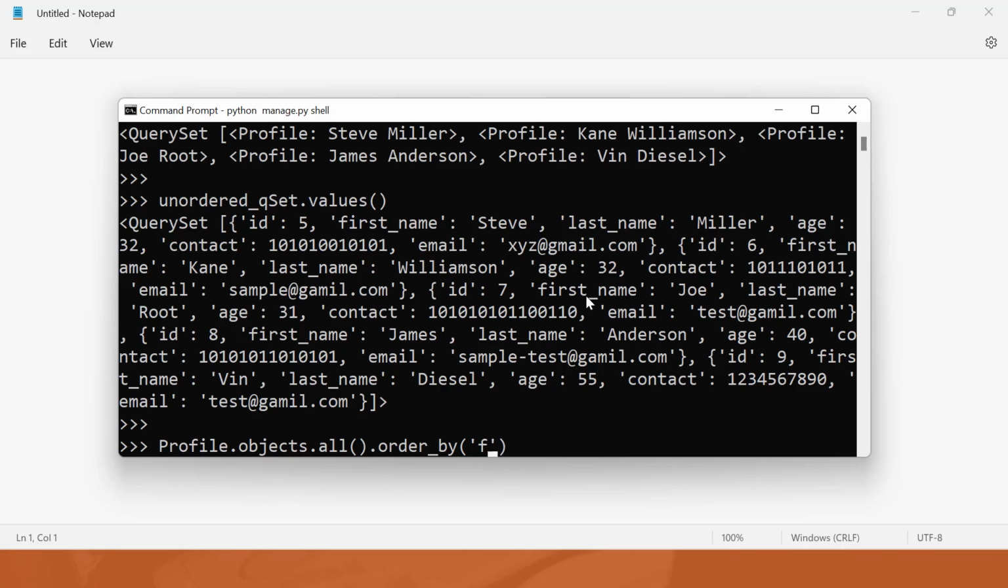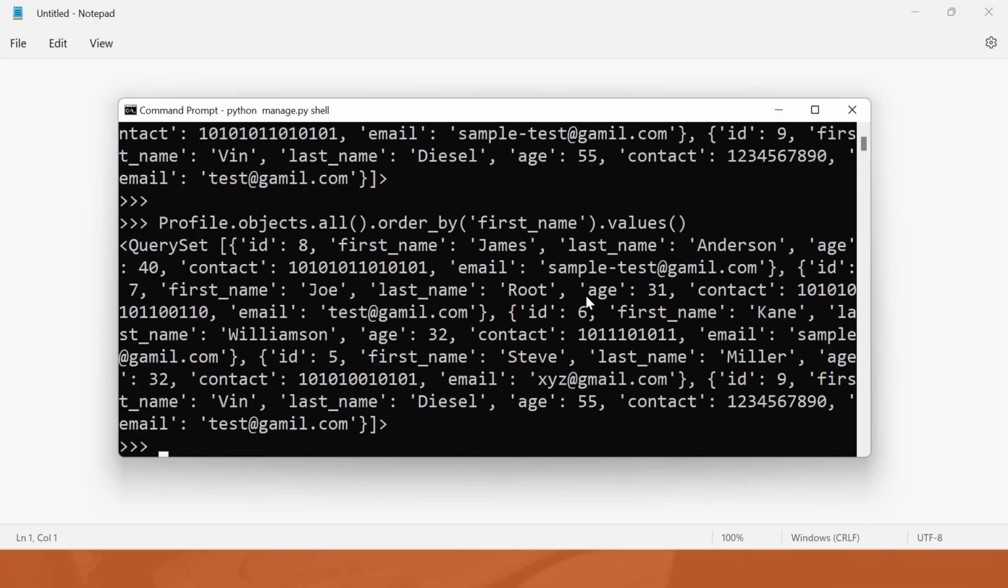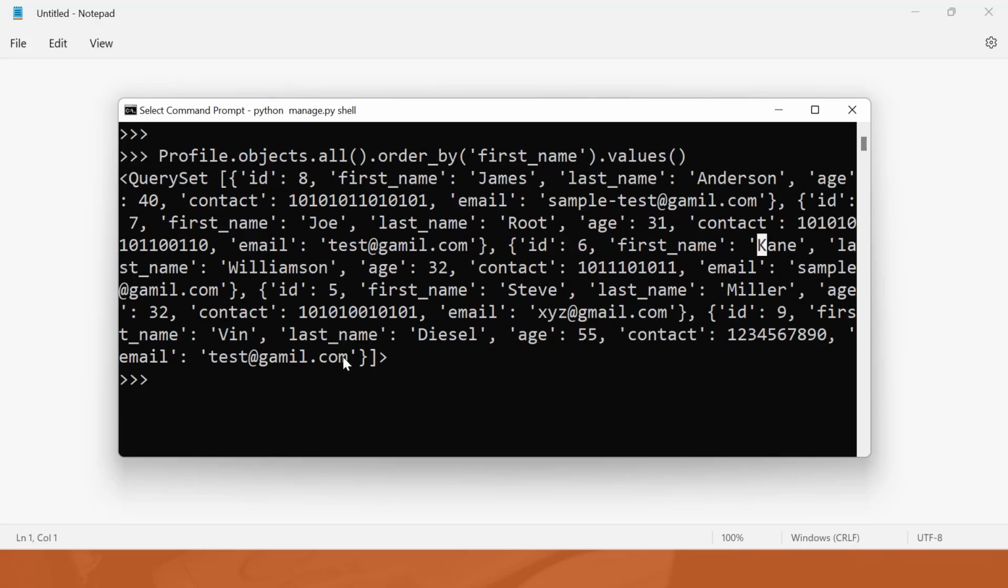For example, if I want to order these data objects based on first name, let me use the values method also with it so that we can fetch all the values, and hit enter. Here you can see it has returned the data objects in alphabetical order. First is J, which is James, so J is the very first character, then there is Joe, then there is Kane. In this way it has returned all the data objects in alphabetical order based